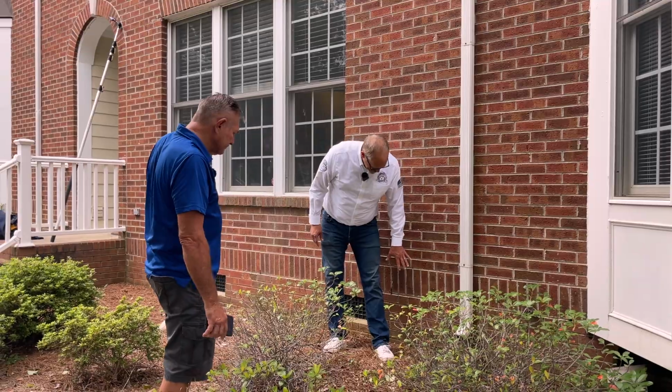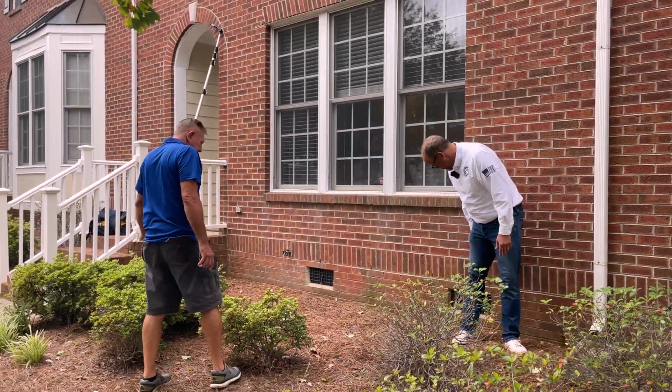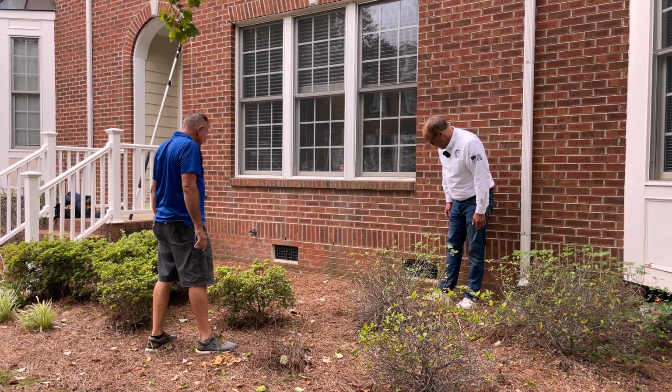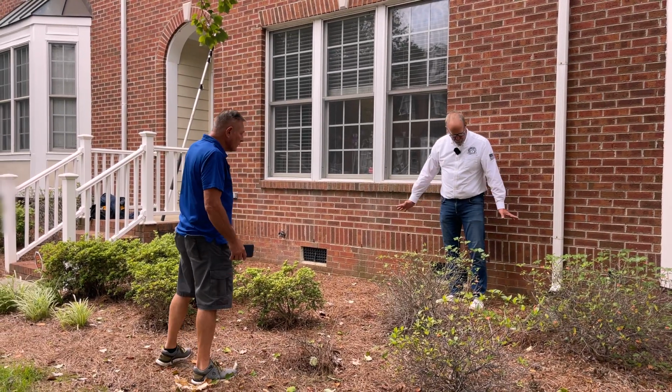So what kind of foundation do we have? Is this house built on a basement or a crawl space? It's a crawl space. You can see with the foundation vents. The crawl space is going to be on the back side. So we don't want any water to go into the crawl space. So we want all those downspouts